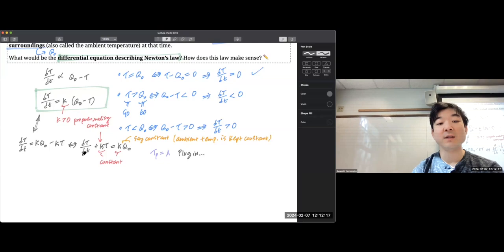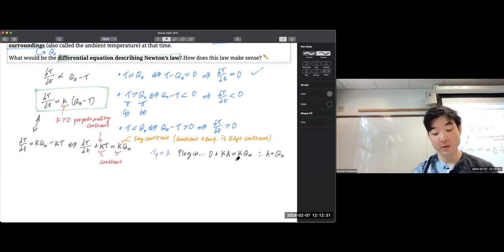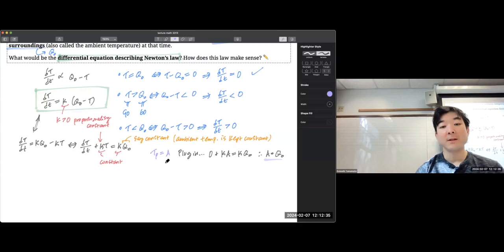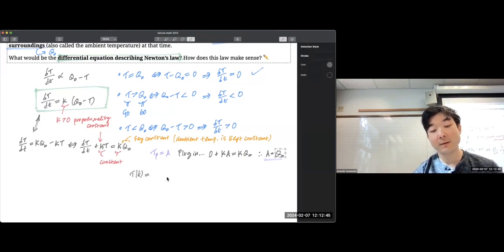That means that your dT over dt, the d capital T over d little t, is 0. Plus, this is just going to be k times A is equal to k times Q naught, which means that your A is equal to Q naught because you just divide both sides by k. So that will be a particular solution, and your full solution will just be built off of this particular solution, which is the Q naught that we just got,